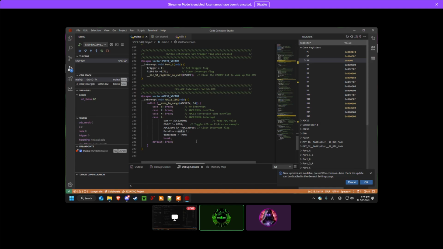This is our interrupt vector. It is a switch command. So there are a few commands that you can do. When we call the interrupt vector, we are using case 6, which is the ADC12 mem0 interrupt. This is where mem0 is where it pulls the actual value. So we actually just add this to a sum and we average this a few times. I toggled the LED so I could see it blink. Clear the interrupt flag, set a trigger,